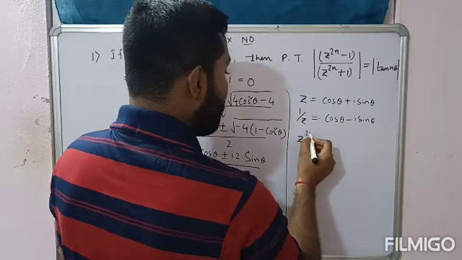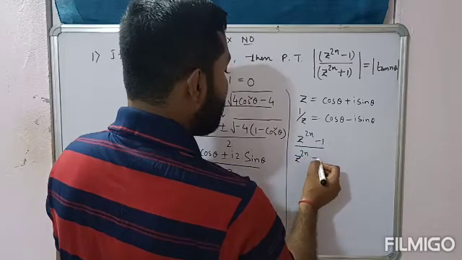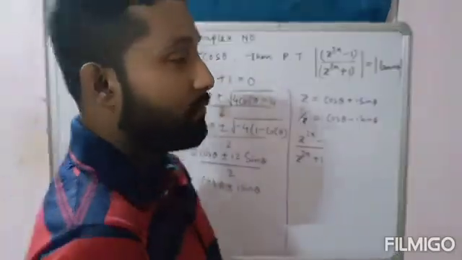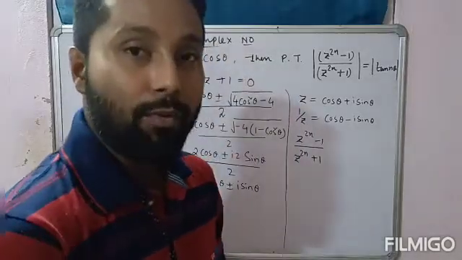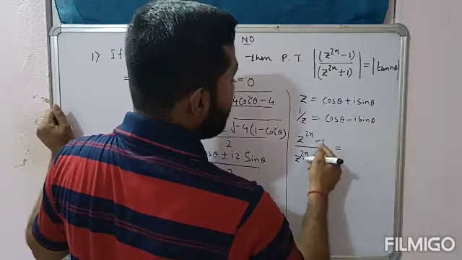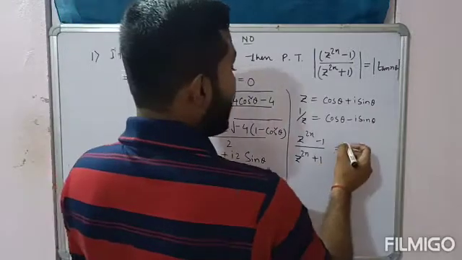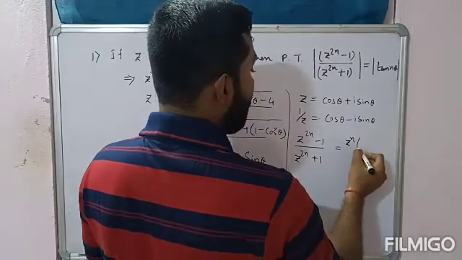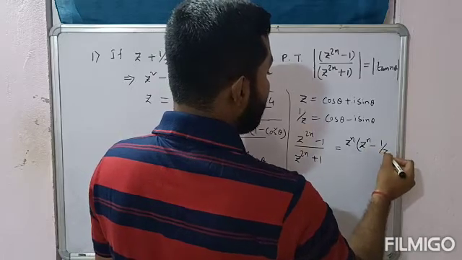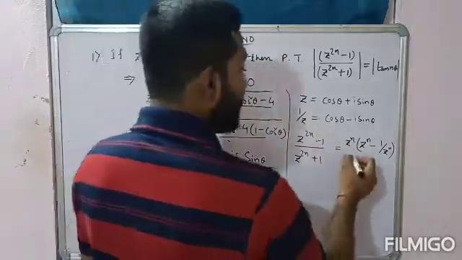So now z to the power twice n minus 1 by z to the power twice n plus 1. Don't take modulus now. Let me find out first the value of this expression. After getting the value, then we can take modulus on both sides, right? So z to the power twice n minus 1 is here, so what can we do? From z to the power twice n, if we take z to the power n common, then see what will happen. It will be z to the power n minus 1 by z to the power n. Yes or no? If we take z to the power n common, this will happen.